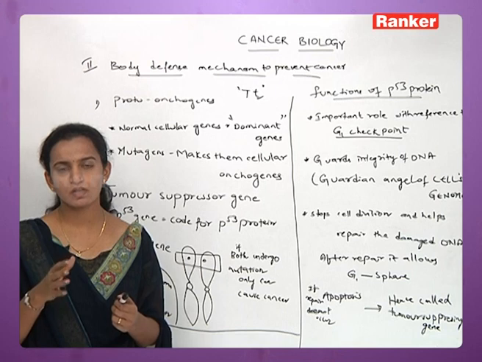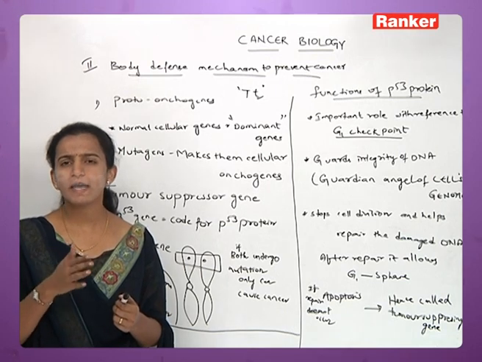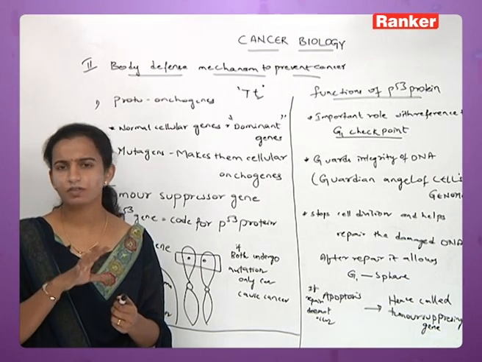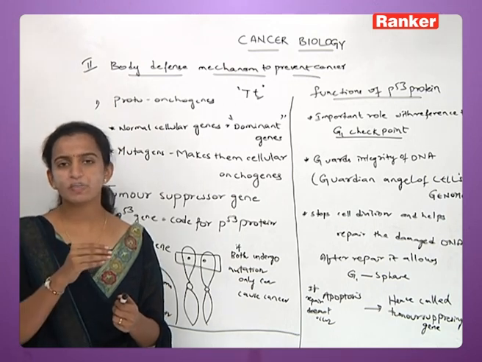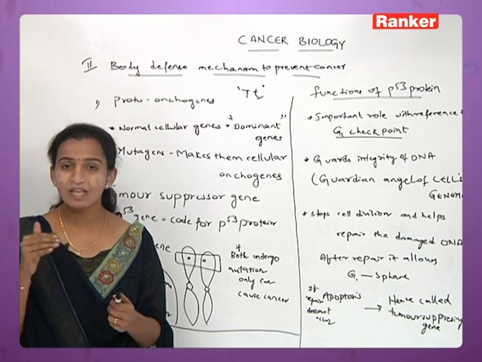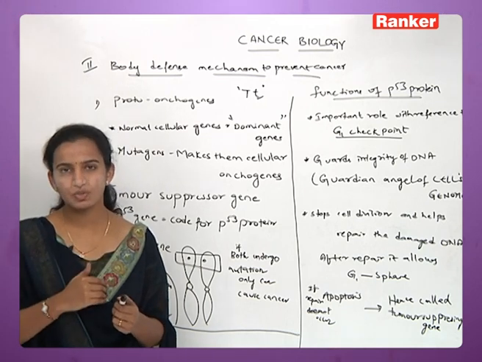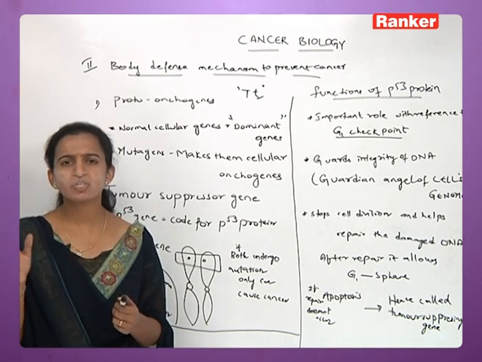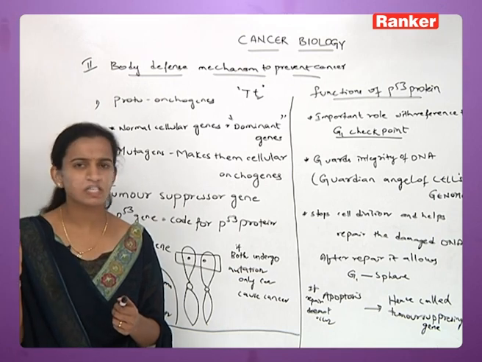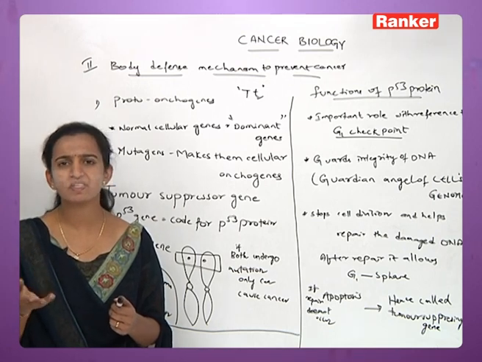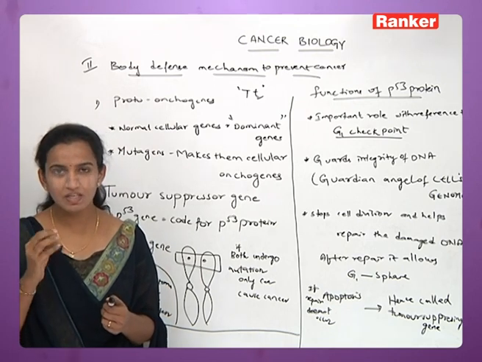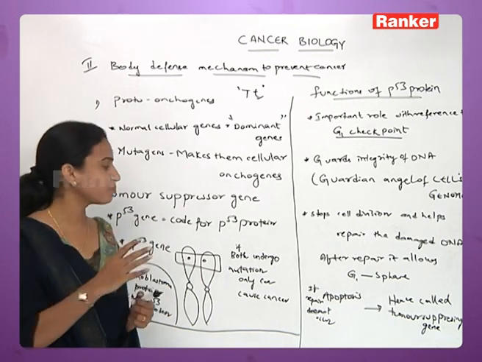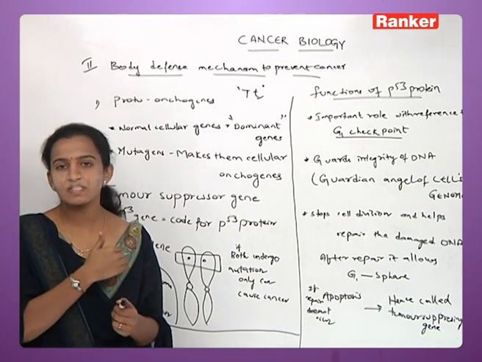Simple thing. Say there is a check post present in our way somewhere, and you say that only this sort of vehicles are allowed from there, then only that sort of vehicles will enter. Now once you remove that checkpoint, or there is no one sitting out there to check the vehicles, what happens? Every vehicle is going the same way. So the same thing, if you think that gate is P53, then that is what is actually happening here.